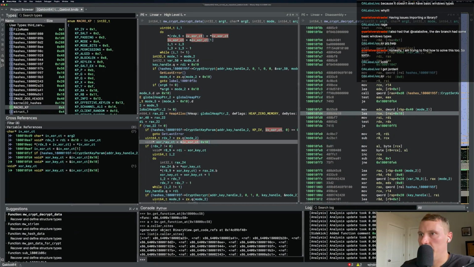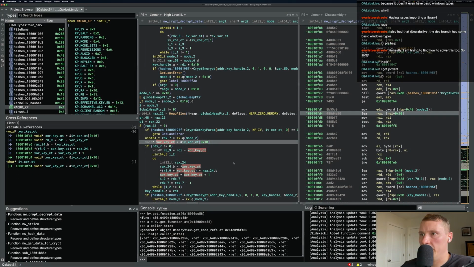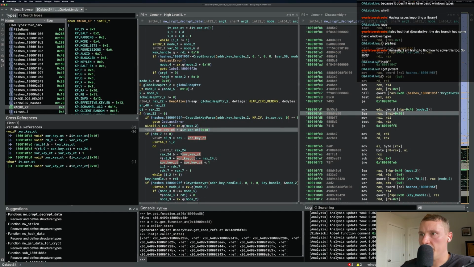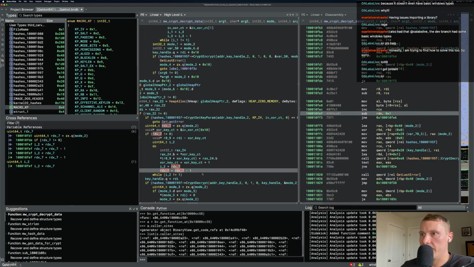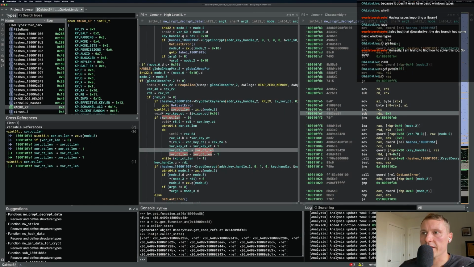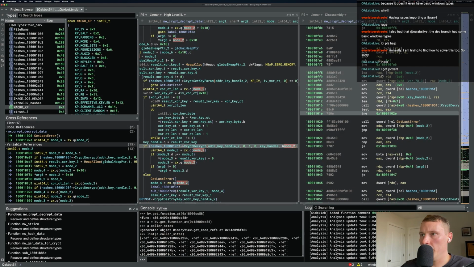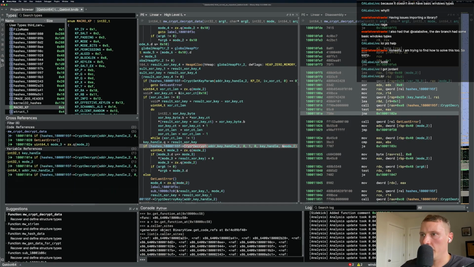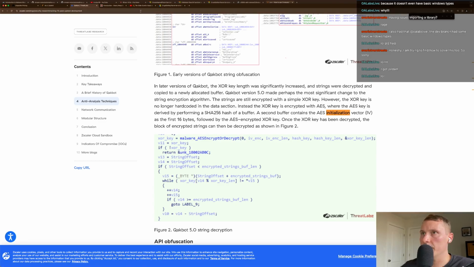So the XOR key CT offset. So this is being copied into this buffer, it looks like. And then that's being subtracted on each iteration. Okay, crypt decrypt is the